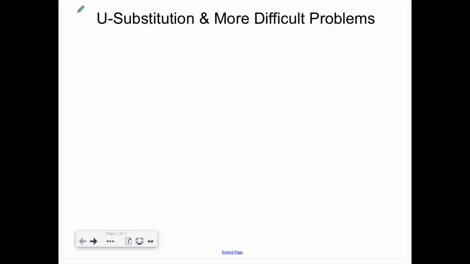Using U-substitution to find the antiderivative or to evaluate definite integrals can be difficult at times, and the difficulty of the problems can really vary. So I'm just going to do a few of the more difficult ones, which tend to be ones where maybe it's not just a straightforward u and du type of problem. So for instance, perhaps you have one where you have